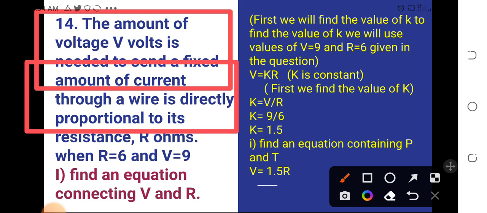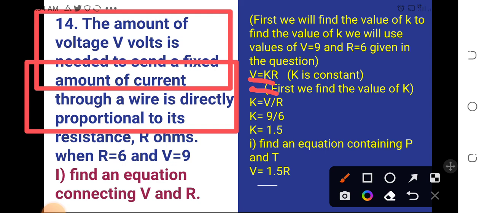We will first make an equation and then find the value of K. So by using these values of voltage equal to 9 and resistance equal to 6, we will use the equation V is directly proportional to R, where K is constant. To find out the value of K,